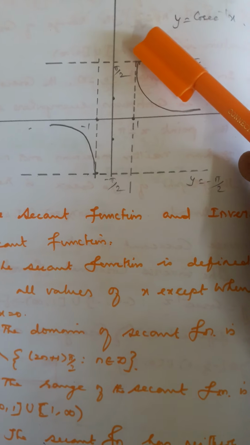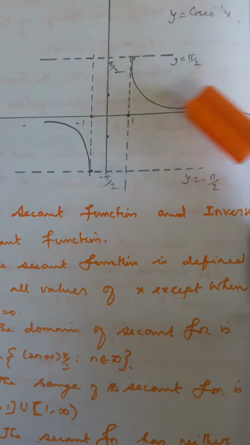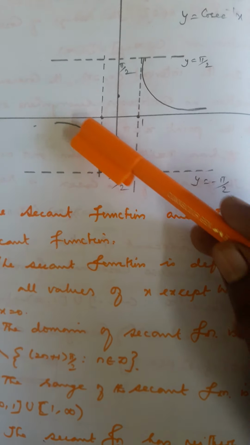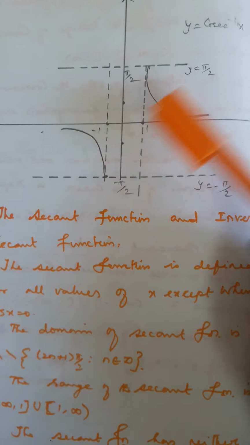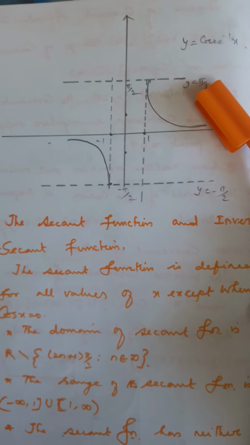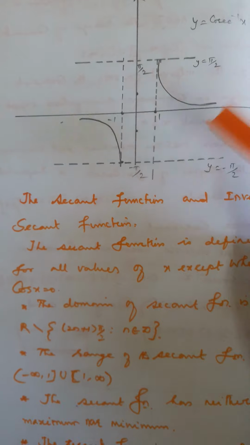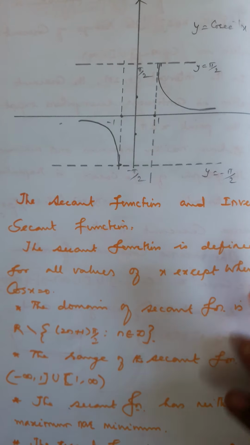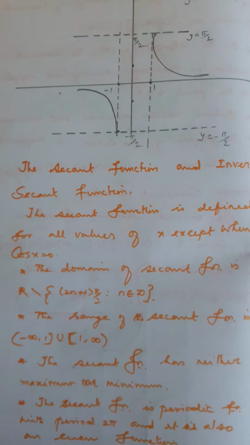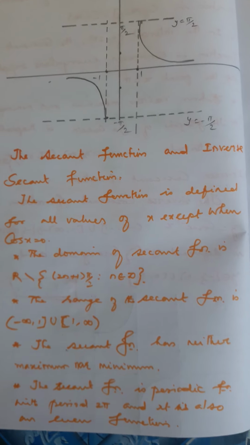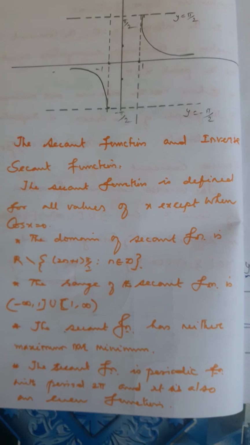So it will attain plus 1 here, and it will not touch your x-axis. Like that, here is the opposite of the cosecant x graph, right? So this is your cosecant inverse x diagram. If you draw the graph on one page, you can easily identify the difference between cosecant x and cosecant inverse x. Now the secant function and secant inverse x.